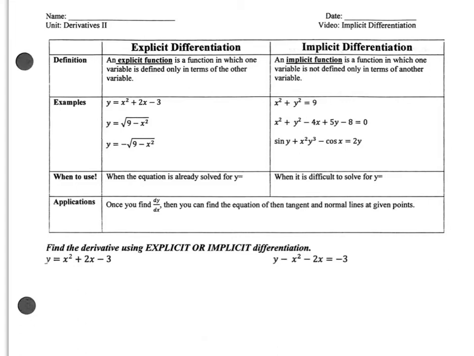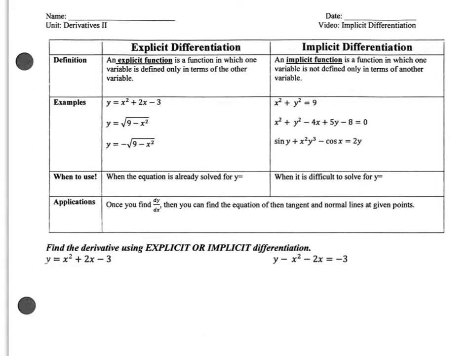Hi everyone, in today's lesson we're going to talk about implicit differentiation. Up until now, all we've learned is explicit differentiation. An explicit function is a function in which the variable is defined only in terms of the other variable. So all you've seen is when I've solved for y equals, like these three examples here, and when we just